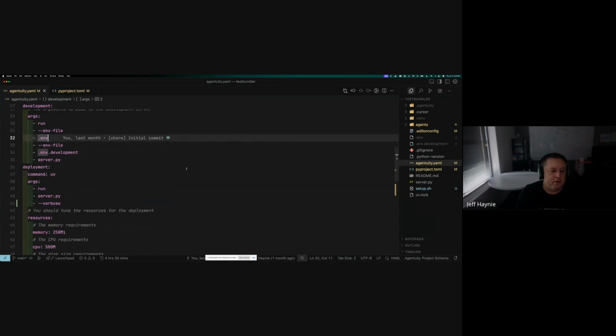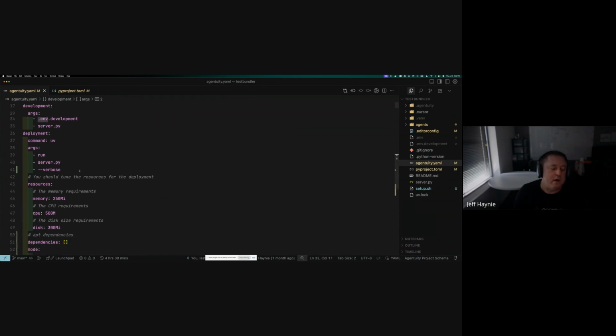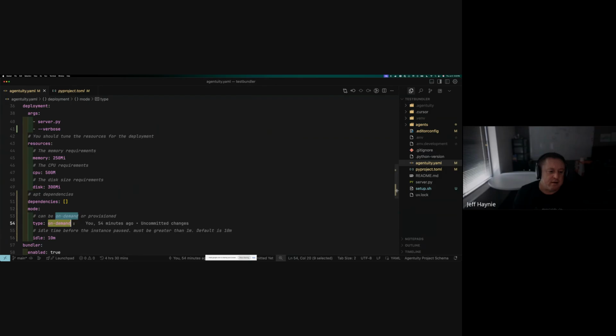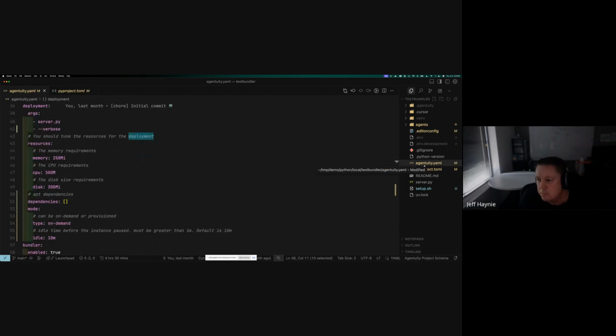Okay, so I have this Python project. We now support a few different things. When we virtualize your agent and deploy it to our cloud, we by default will put it in on-demand mode, which means it acts like serverless. It's not serverless because it's a full-blown virtualized machine, but we will spin it up and spin it down on demand. That's the default mode. We now have this mode here when you create a new app, or you can drop it into your existing app. It will work. And under deployment, in the Agentuity YAML file that gets generated,